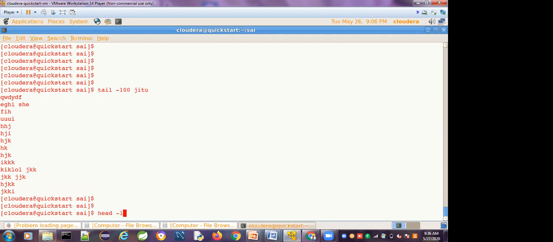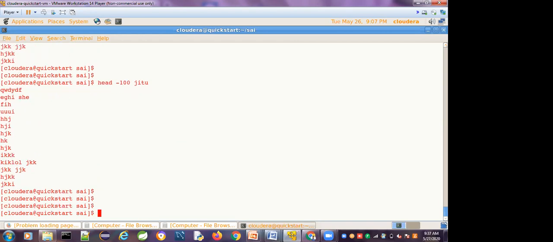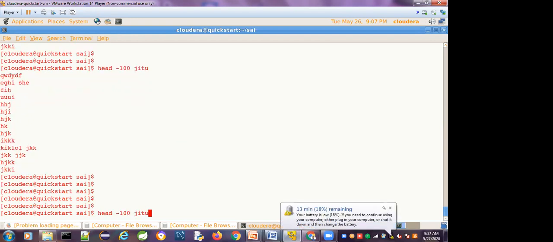I want to display the first 100 lines in the file. Once they are displayed, I want to select only the first 2 lines, so again I will use head.